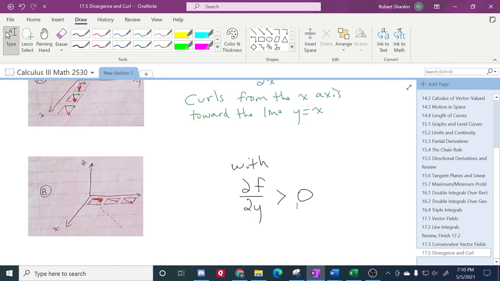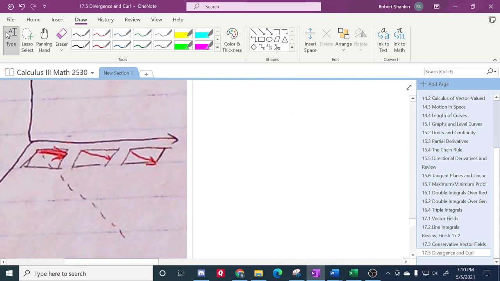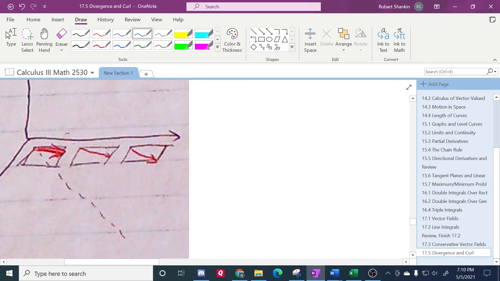The x component is parallel to the x-axis. The x component of this vector is itty-bitty. The x component of this vector is bigger. The x component of this vector is bigger. As we move in the positive y-axis direction, the x components of each vector increase,